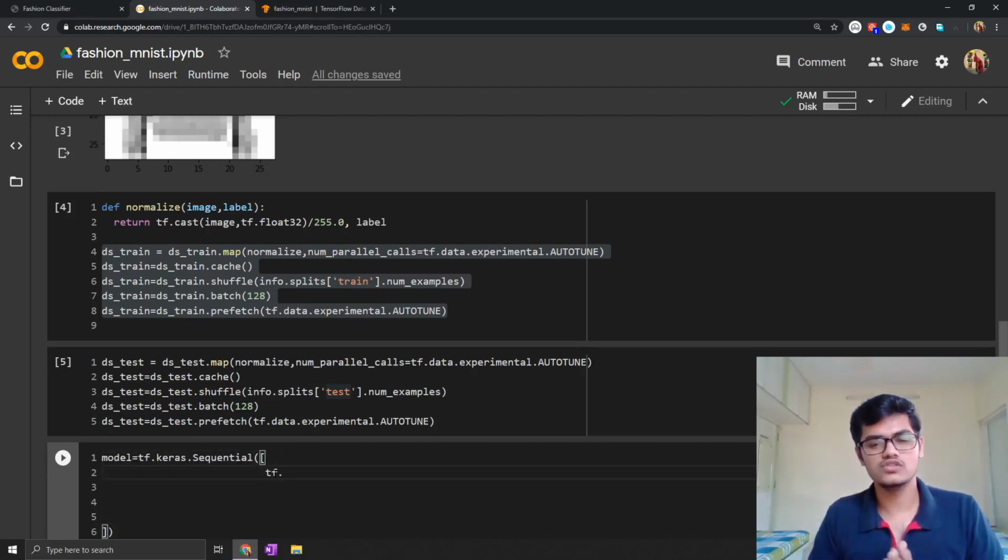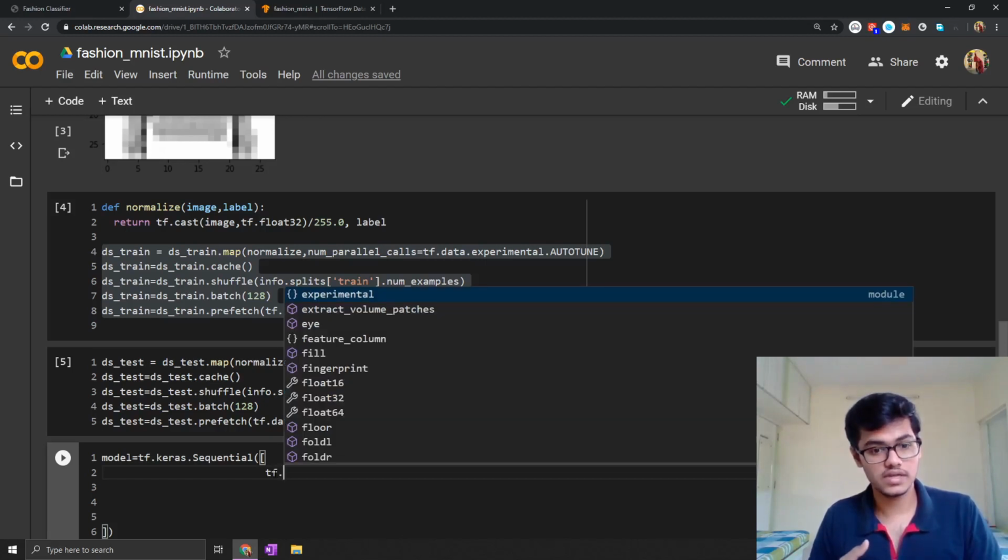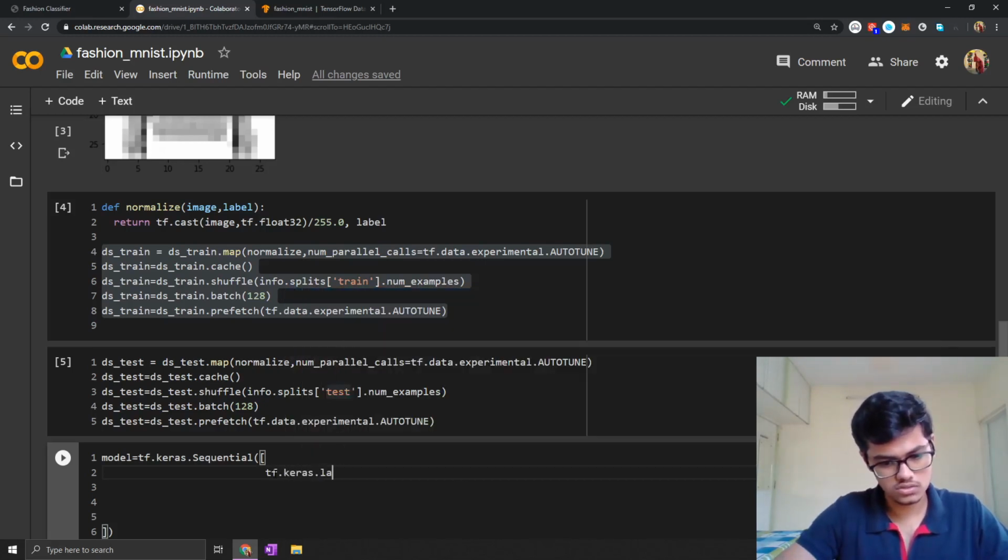Now as you know, this is the image dataset, so we will use convolutional neural networks for this. Layers dot Conv2D.